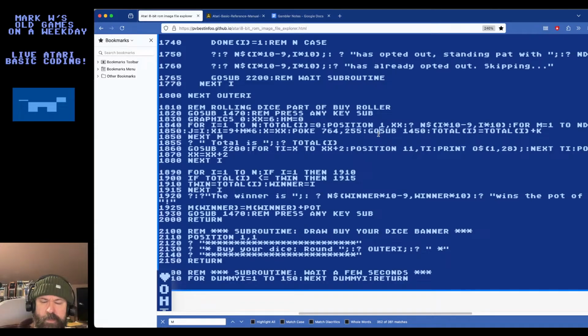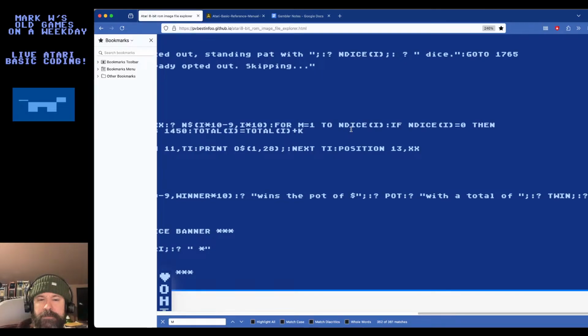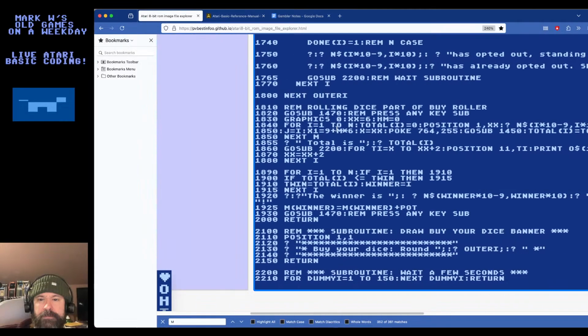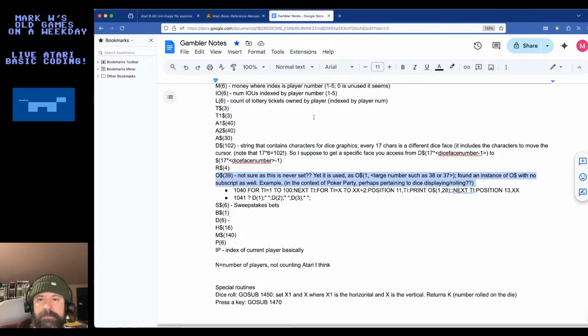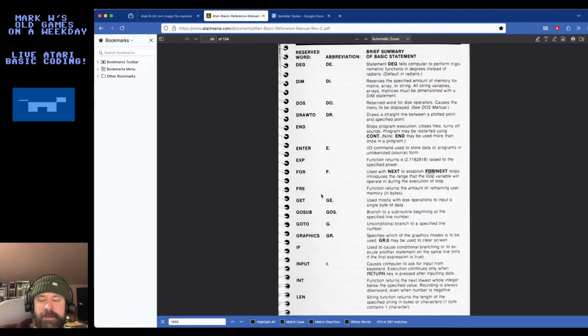I don't really know what the magic POKE here does, actually. Let's check how IF works.